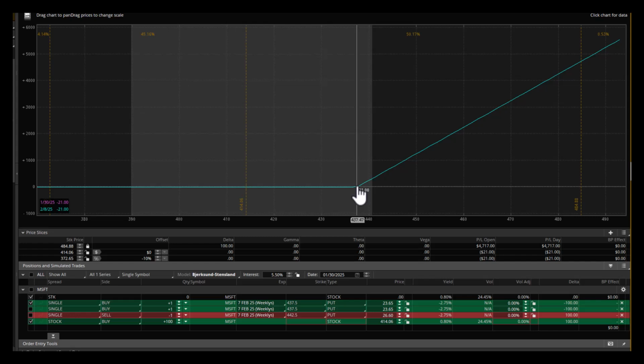with this thing expiring in a few days, let's think, because at the time when he put the position on, when he was assigned, there were only a couple days left. So what's this thing going to be worth at 450? Well, the put's going to be worth zero, but I'm long shares. So the long shares are able to make money nonstop to infinity, basically, to the upside.